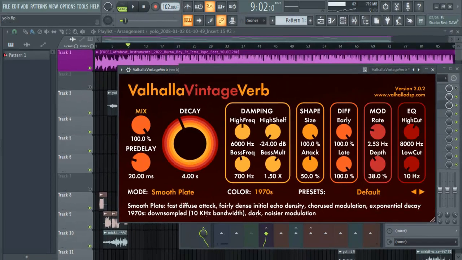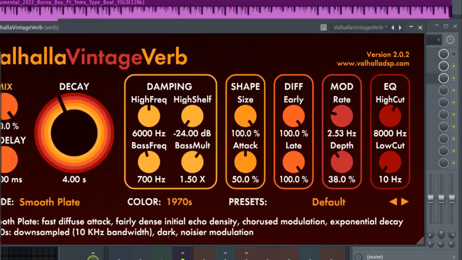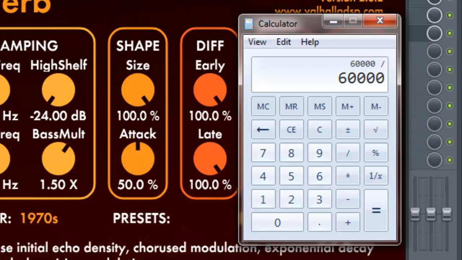The BPM of my song is 102. Divide again by the bars of my song. For this song I'm using 8 bars, so divide by the 8 bars, and it's giving me